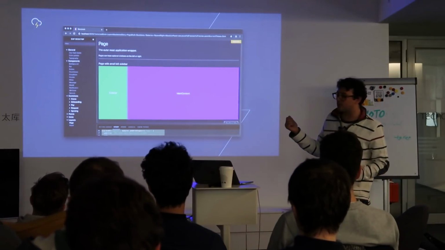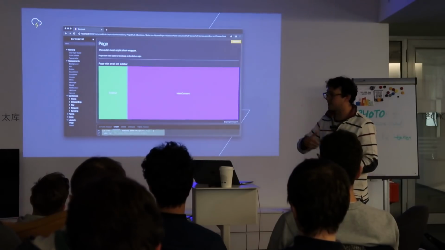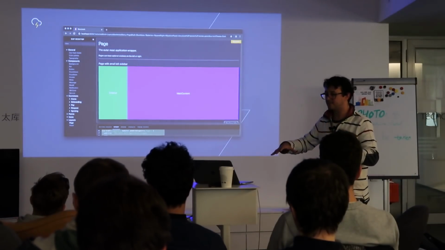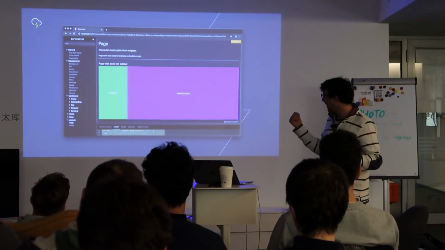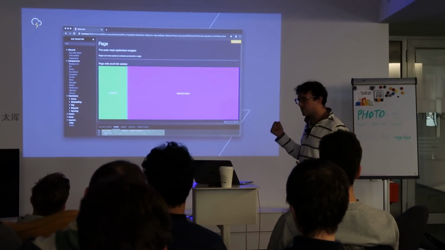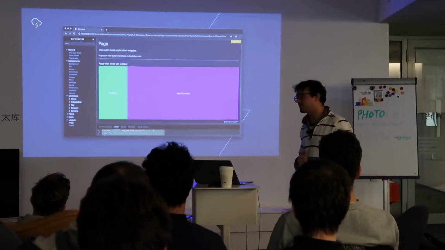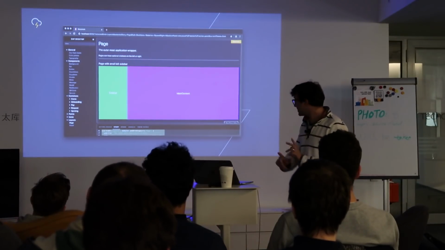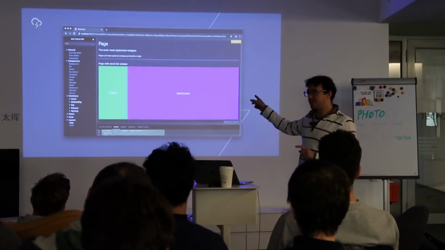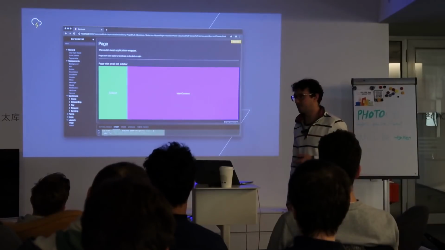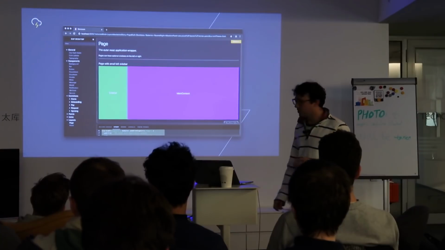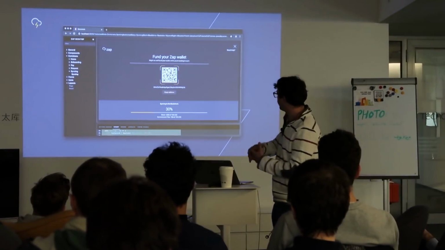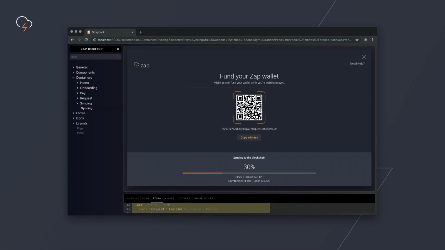One of the really cool things about the Storybook is that this allows us to build stuff without even using LND or even starting up Zap. And what I found is that since I built the Storybook, I probably spend 80% of my time when I'm building stuff on Zap Desktop in the Storybook environment, which is literally just using Chrome, just using my web browser. From in here, we also have full page mockups, which you can interact with. What we do in here is we can stub,